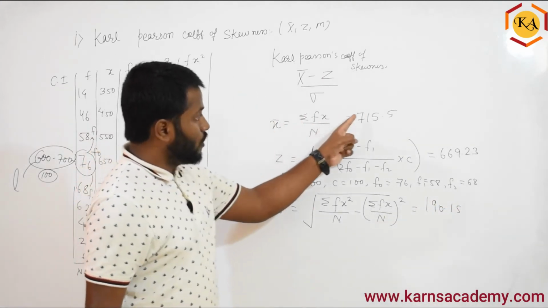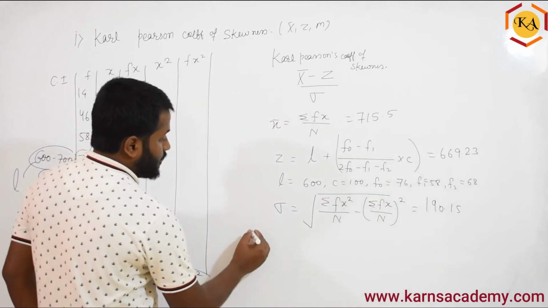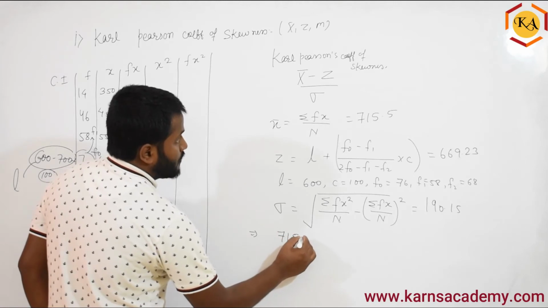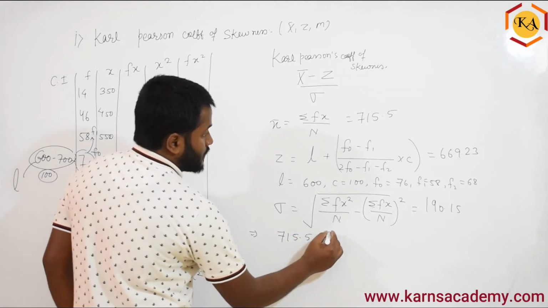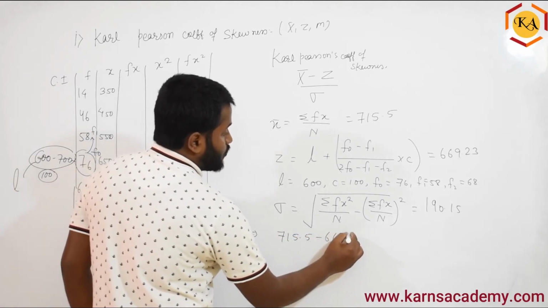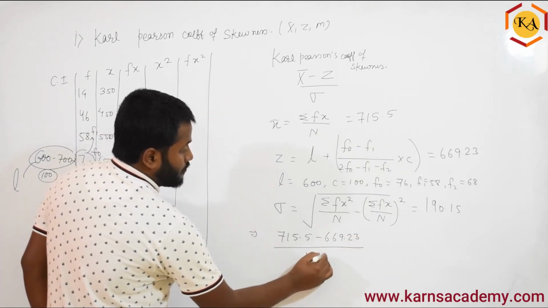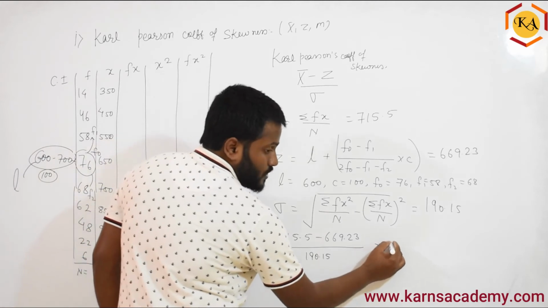Then what can we do? All three values can be substituted over here. So let's see what will happen. That is 715.5 minus 669.23 divided by 190.13, which is nothing but